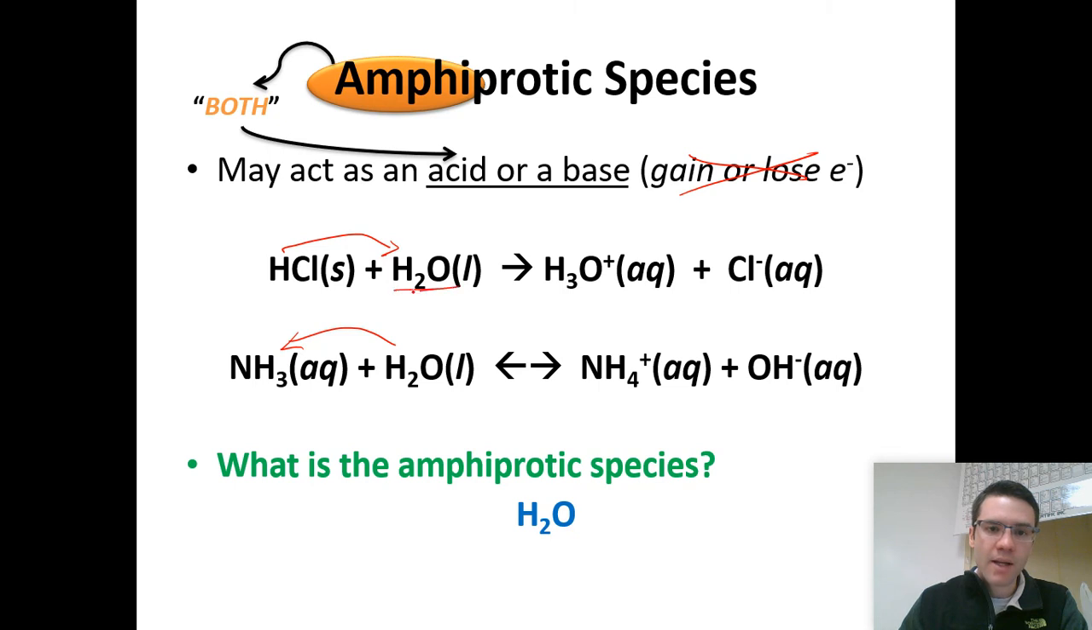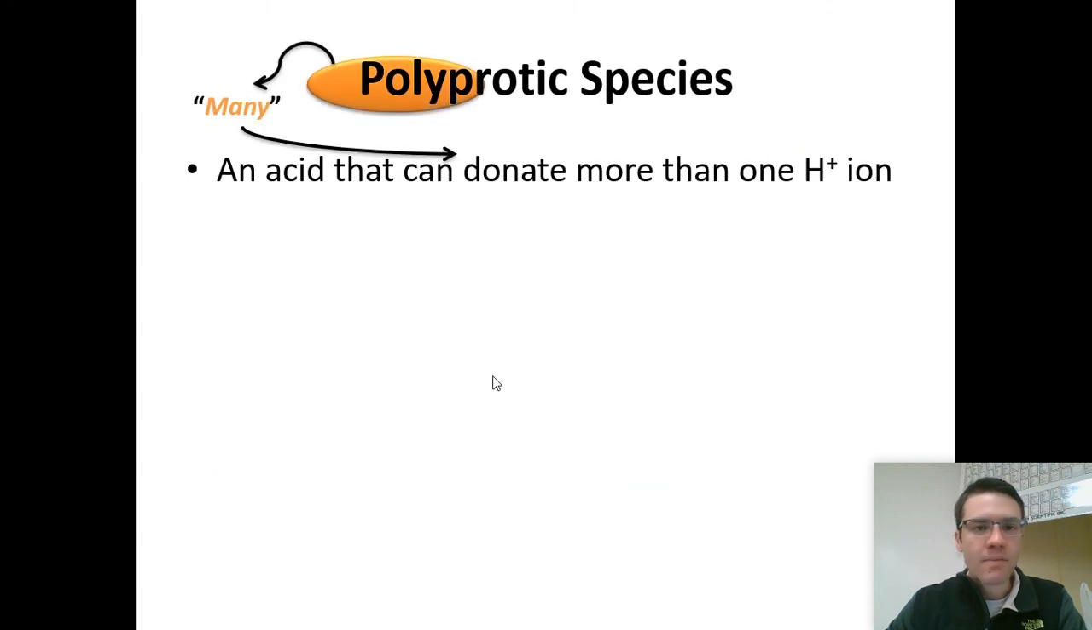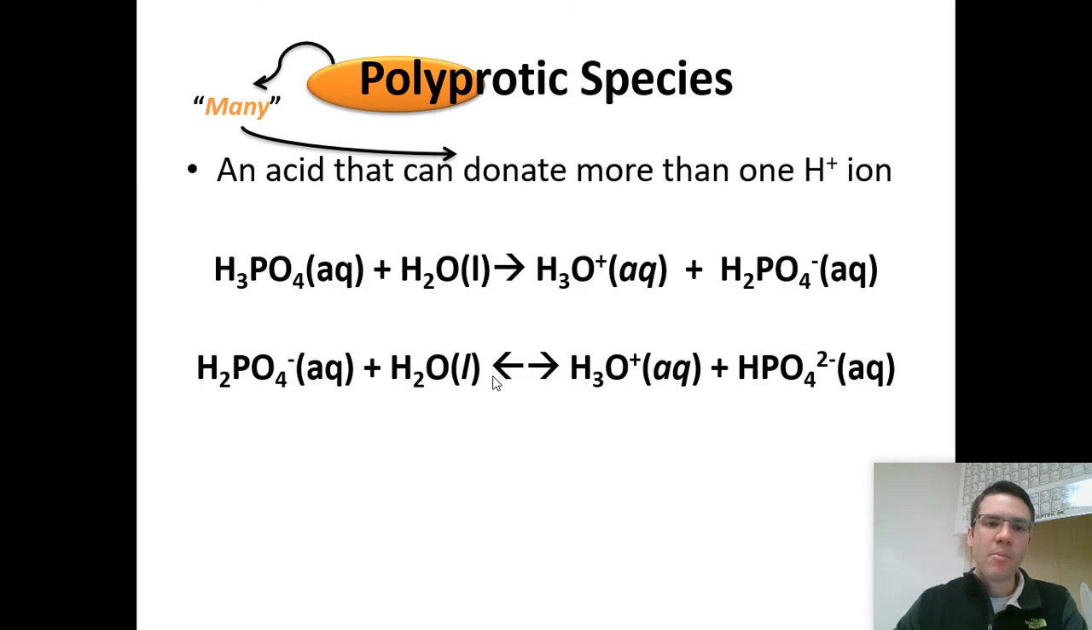So we have this compound that can act as a base up here, and it can act as an acid down here, donating the proton. So this would be amphiprotic. H2O can be a base or an acid, depending on the situation. Polyprotic means many, and that would be an acid that can donate more than one proton. Polyprotic species would be phosphoric acid,